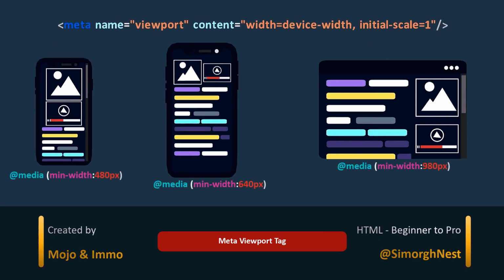To address this issue on narrow screens, we can use the viewport meta tag. This tag provides instructions to the web browser on how to display the web page's content and dimensions on different devices. It sets the viewport's width, initial scale, and other essential parameters that impact how the page is rendered.